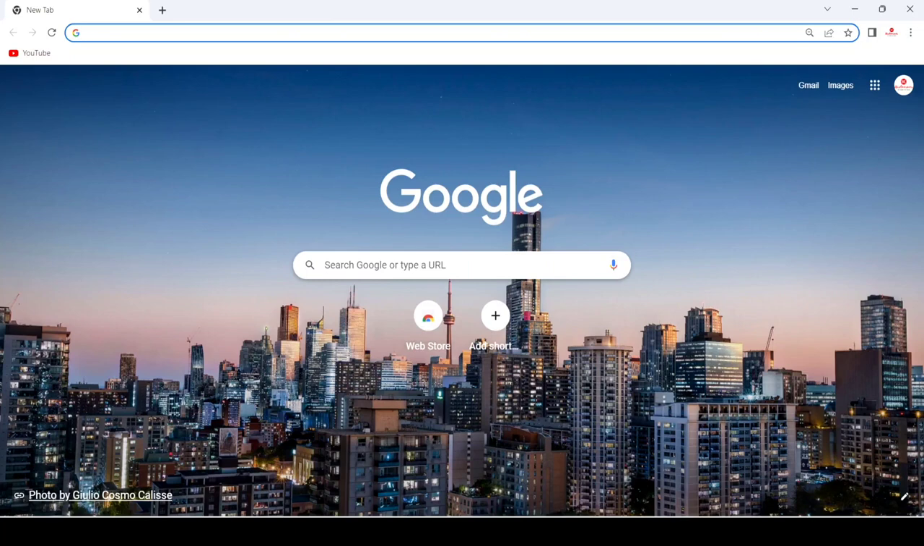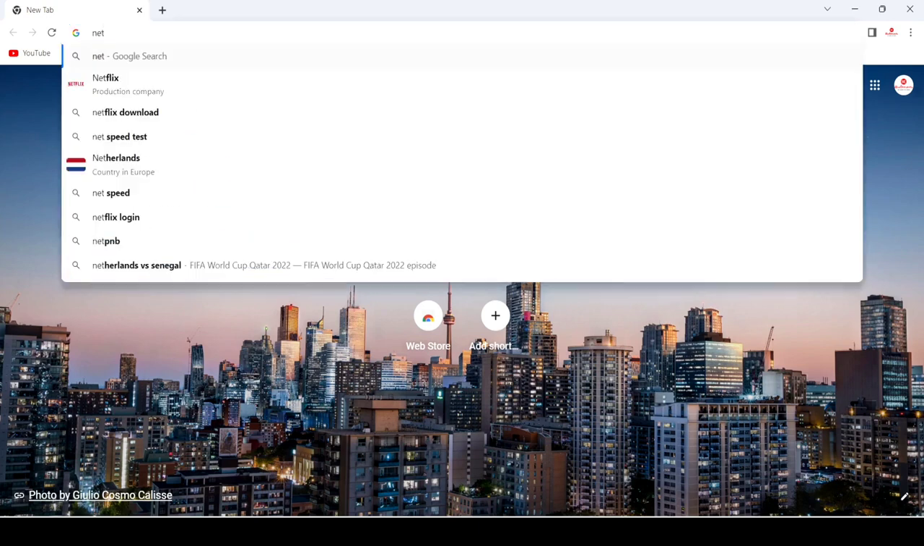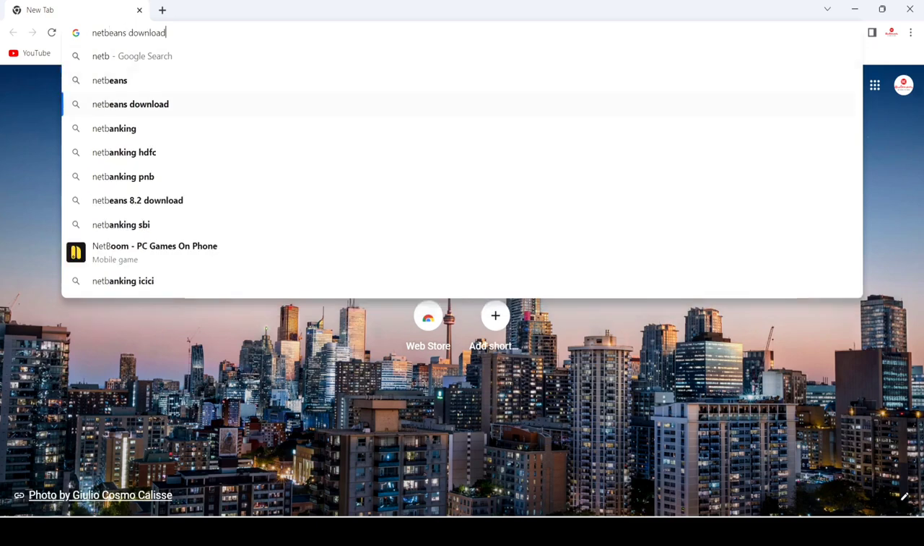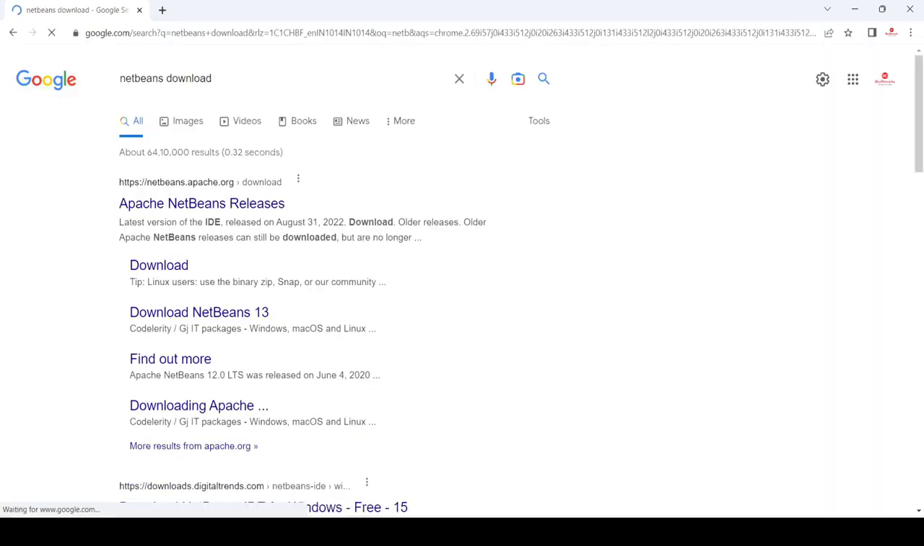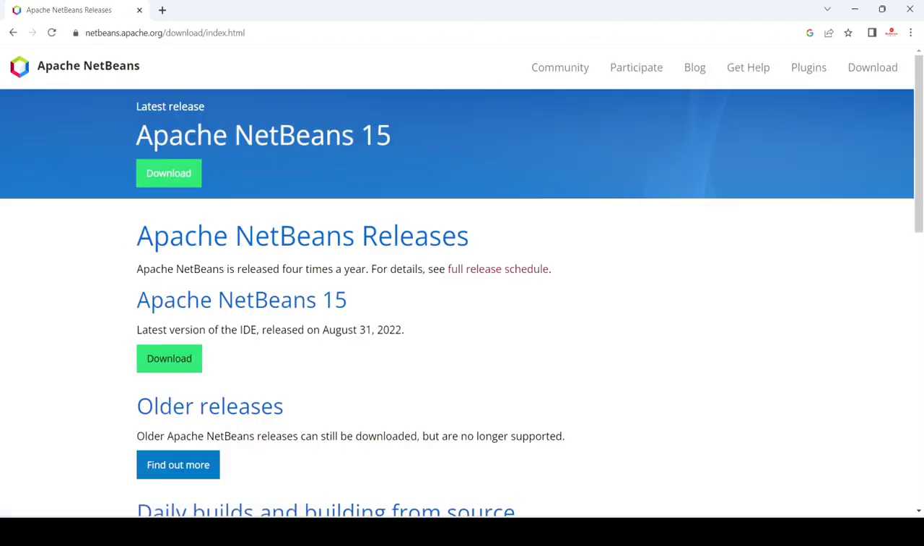Hello friend, today we are going to download and install Apache NetBeans. For that we have to open our favorite browser and search for NetBeans download, and after that click on enter, and after that just click on here, and here you can see the latest version of Apache NetBeans. Now just click on this,